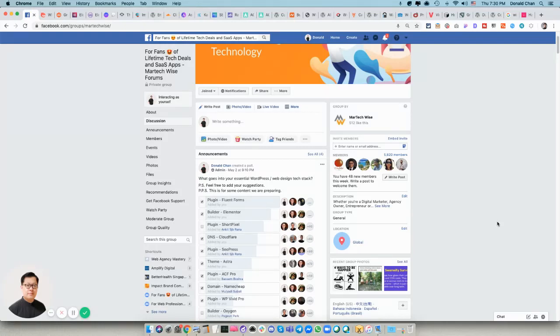I just wanted to give a shout out to everybody who participated in our little Facebook group survey on what goes into your essential WordPress and web design tech stack. We had a lot of people participate, and at the end of the day, the top winner was Fluent Forms, followed by Elementor. Third was ShortPixel,